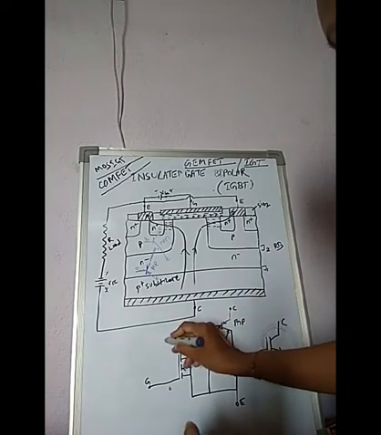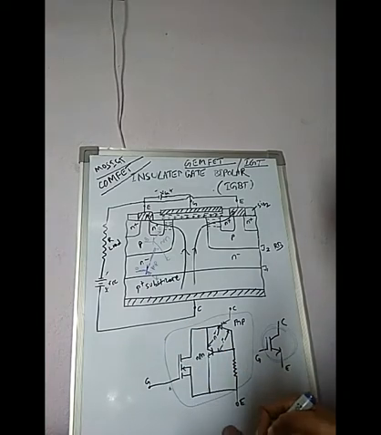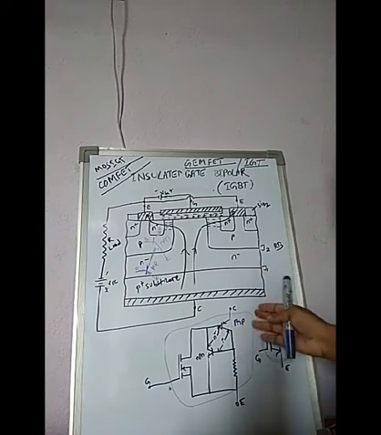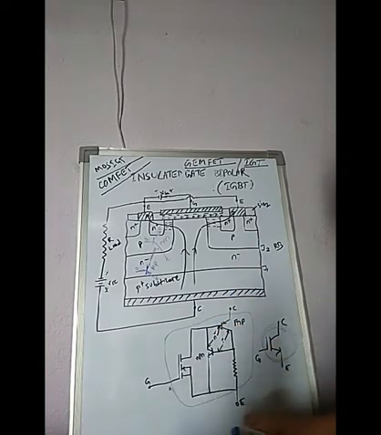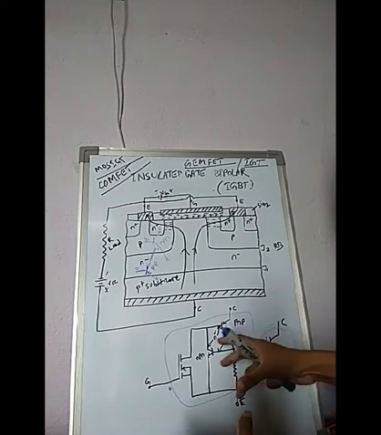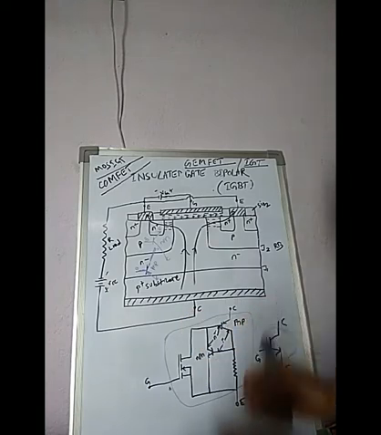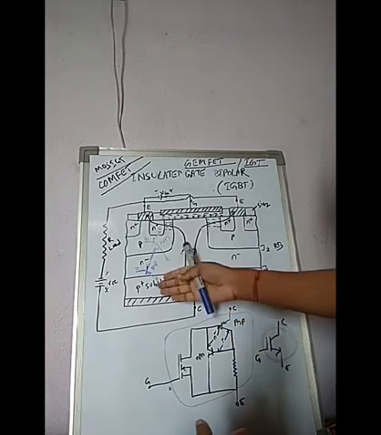So here we analyze one virtual circuit. This is an equivalent circuit. You can call it an equivalent circuit. So here it forms one IGBT structure. In the IGBT circuit, C is collector, G is gate, E is emitter, and this structure constitutes the combination of MOSFET and BJT. This BJT or transistor configuration comes from this analysis.